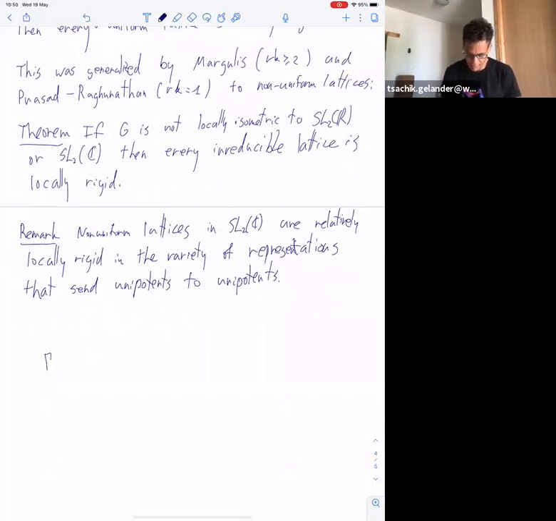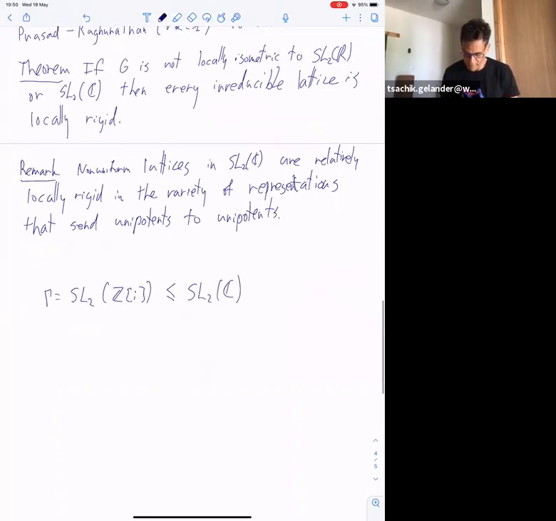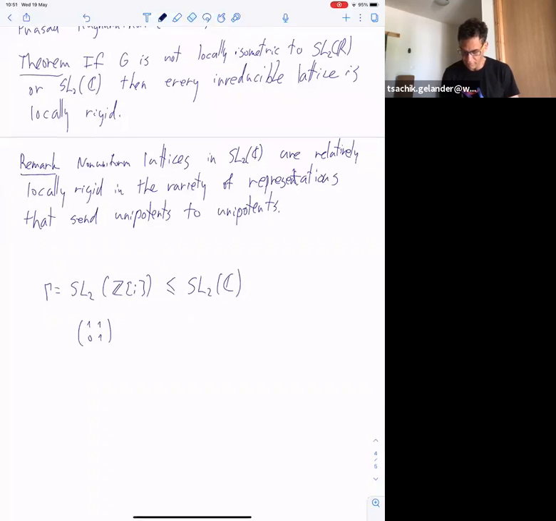For instance, if you consider gamma to be SL2 of Z[i], which is a lattice in SL2(C). So inside gamma, if you consider the following matrix, which is a unipotent matrix, I want to consider only representations of gamma that send such matrices to unipotent. So every unipotent, so I consider